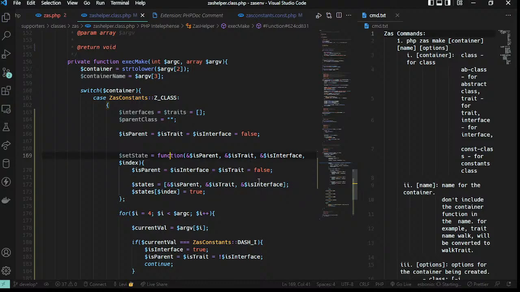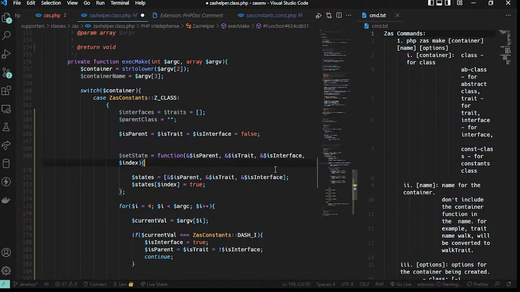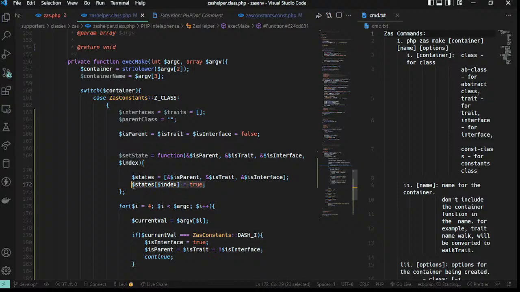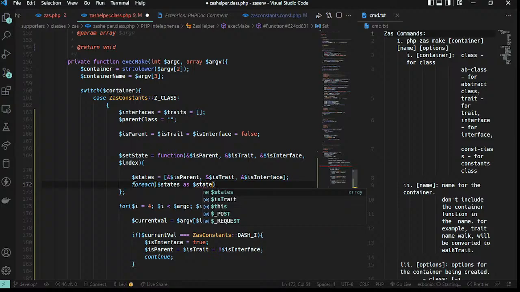So since they are all in here, I don't have to do this. What I'm just going to do is put them in there. Now do I write a loop? Yep. I'm not going to do this one. I'm just going to do a for each loop for each of them in there. So I'm going to say for each states as state,